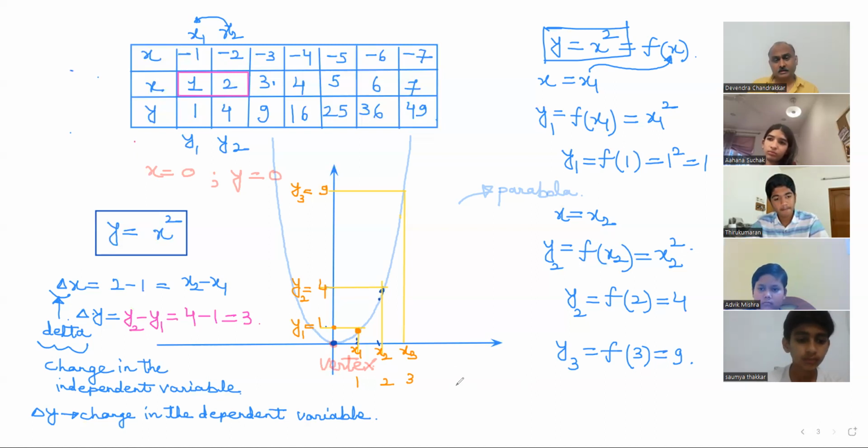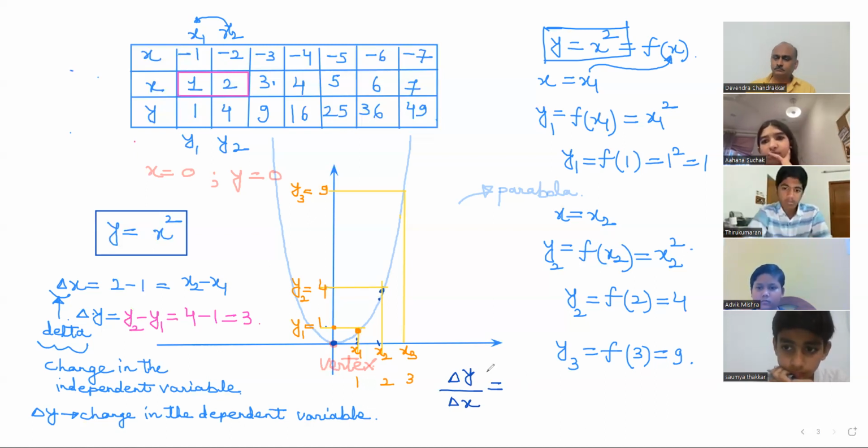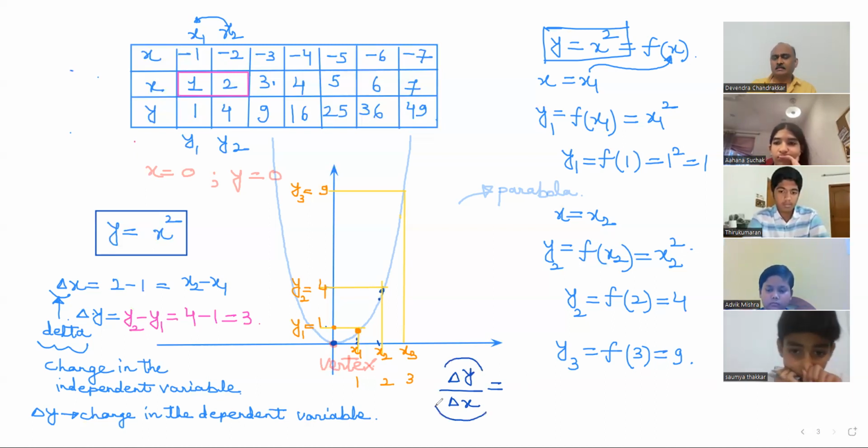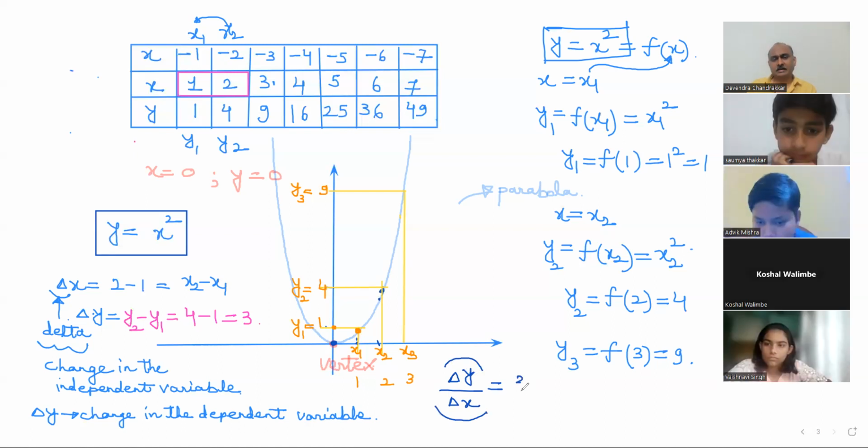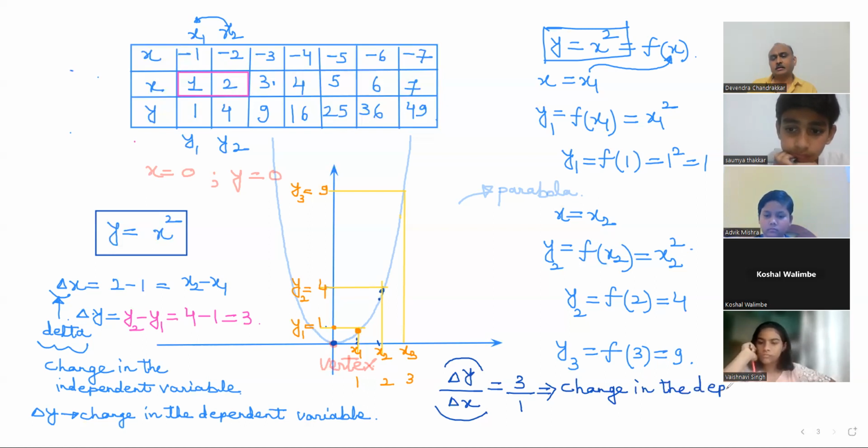If I write delta y upon delta x, what do you understand by this? Change in y with respect to change in x. Very good. This is the ratio of change in y to change in x. This is 3 upon 1, right? Can I say that this is the change in the value of the dependent variable